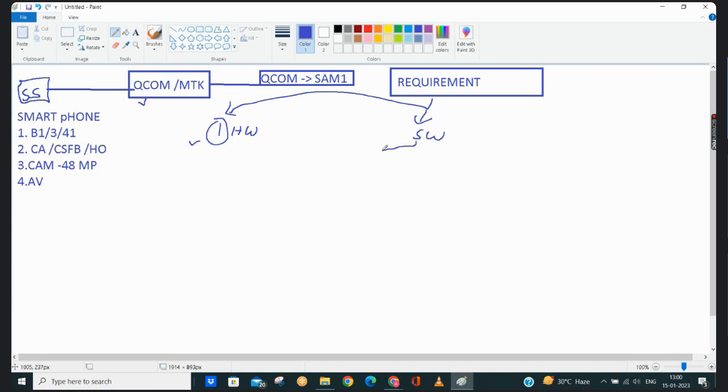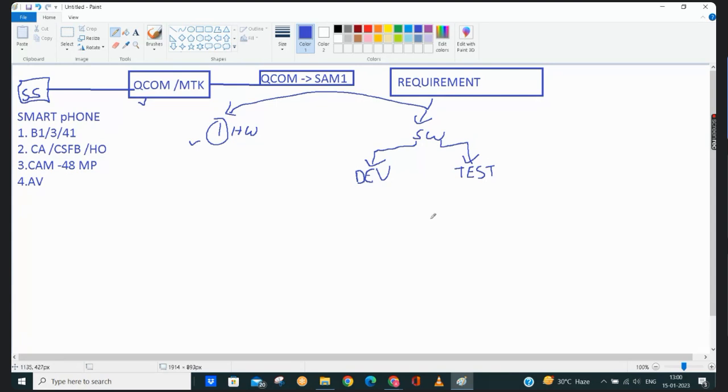So from software again we have two parts. First one is the dev team, development team, and second one is the testing team. Dev team means the team who will develop that requirement, who will write the code and make this initial software version.